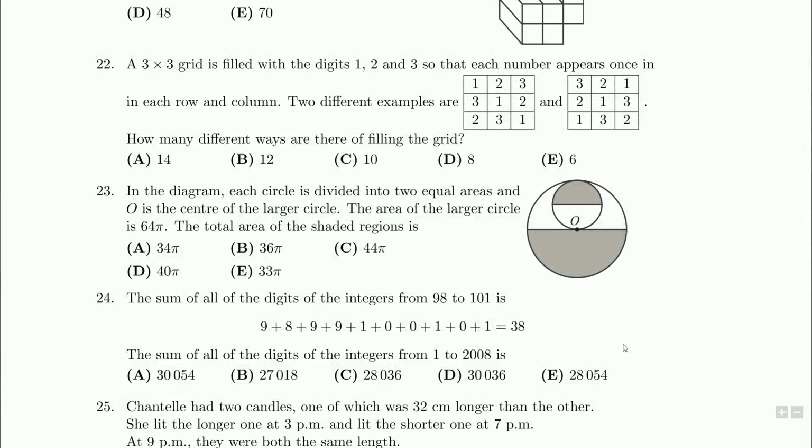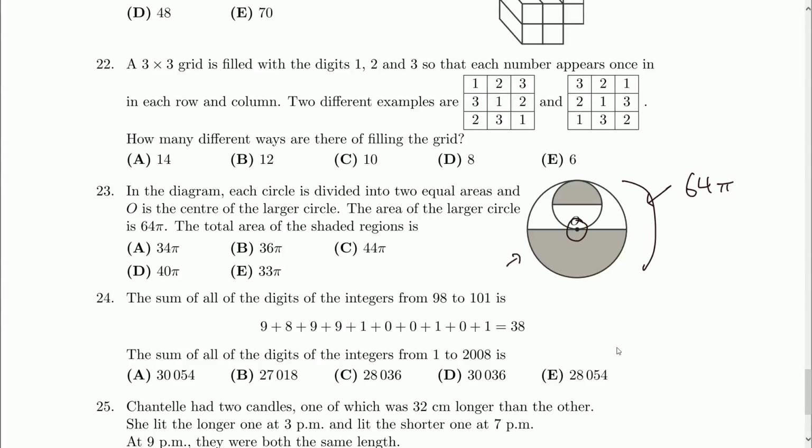We're taking a look at question number 23 on our grade 8 Gauss paper, specifically the one from 2008. What have we got for question 23? In the diagram, each circle is divided into two equal areas, and O is the center of the larger circle. The area of the larger circle is 64 pi. So that's the whole circle, 64 pi. The total area of the shaded regions is,